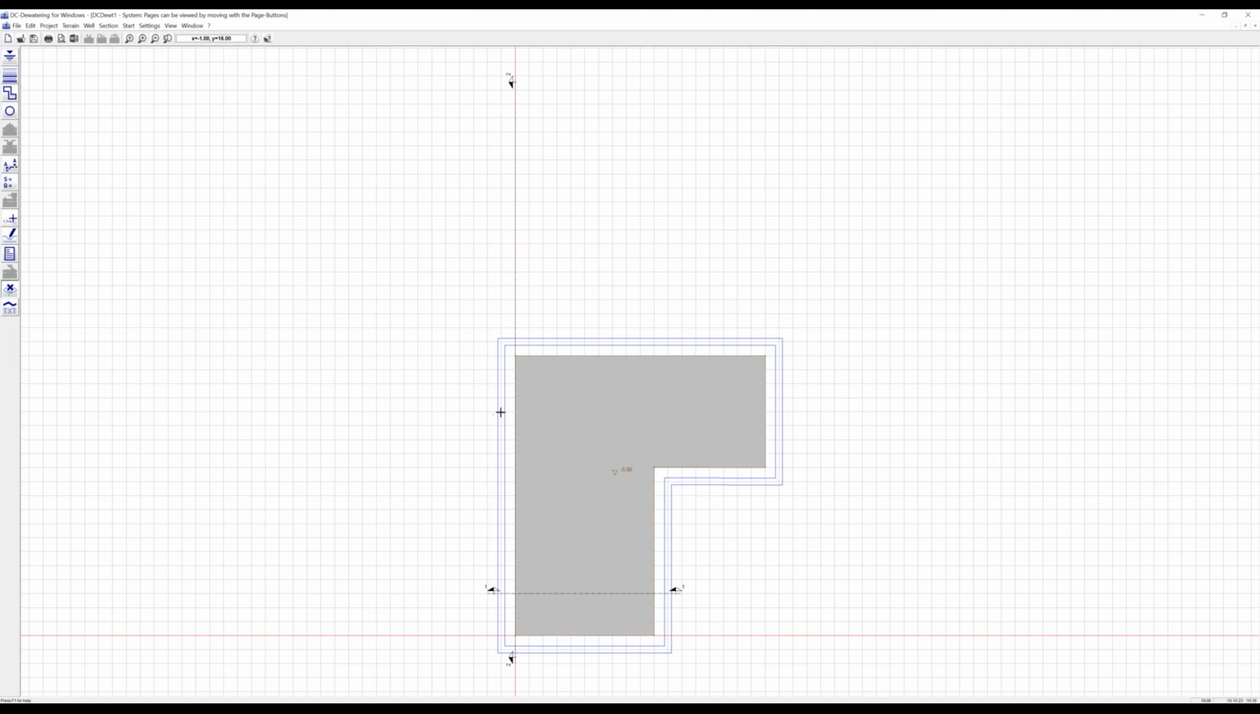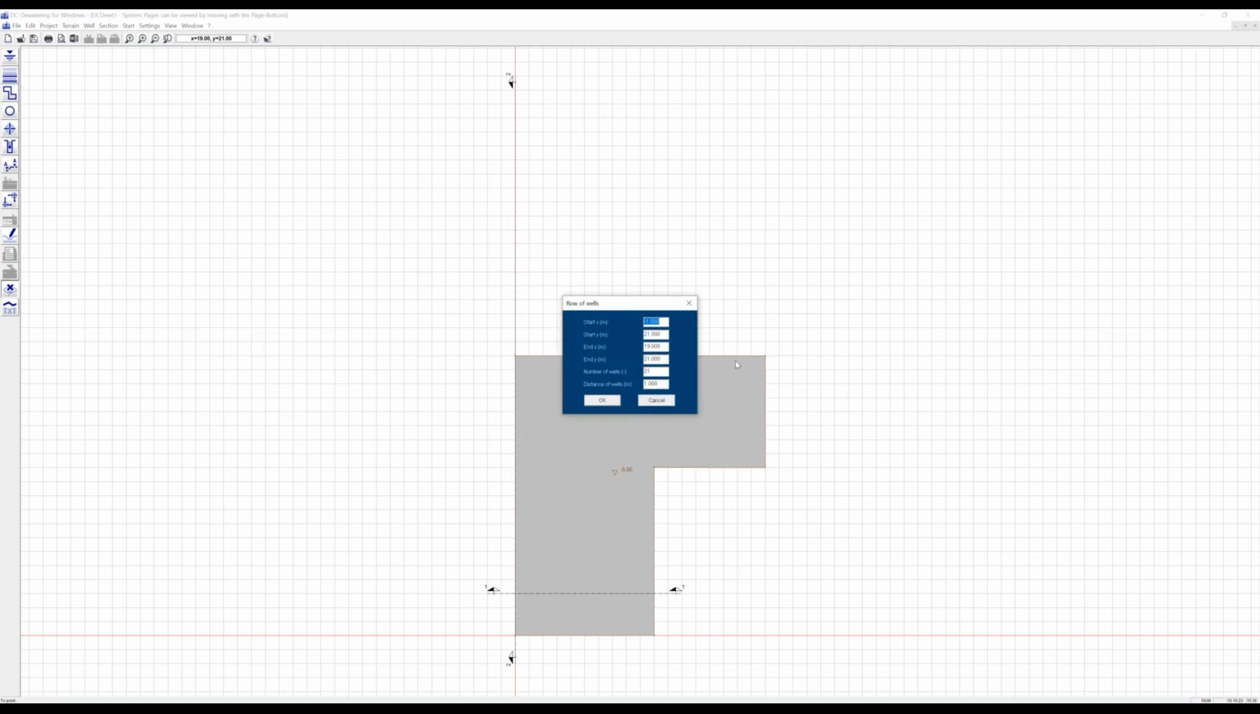And one additional point, just to show it very short, if I delete the horizontal well, if we have many wells for vacuum wells, for example, we can as well use the option row of wells, and here define one row, for example, with 2 meters distance between the wells. So in this case, we will have 11 wells